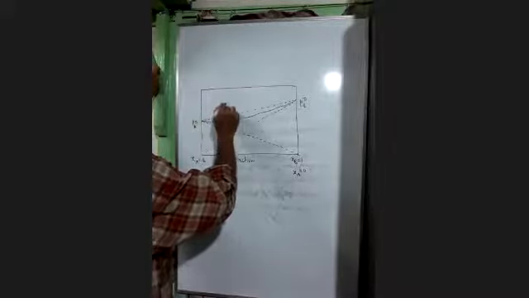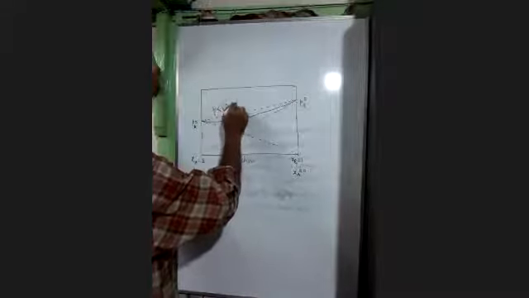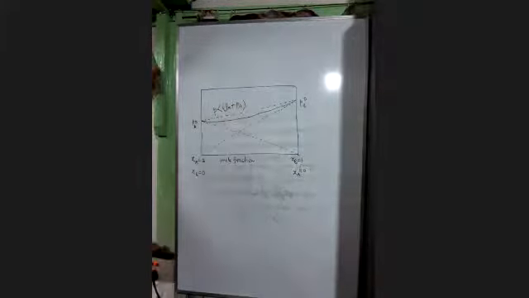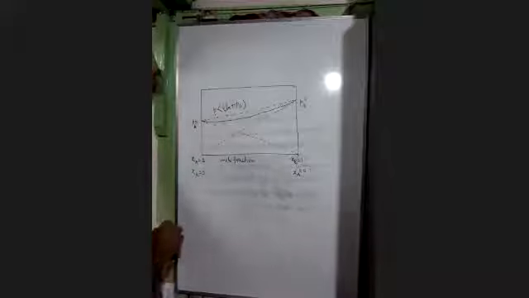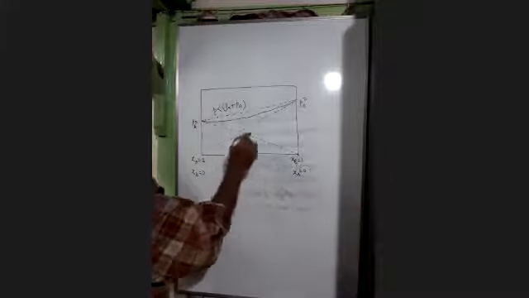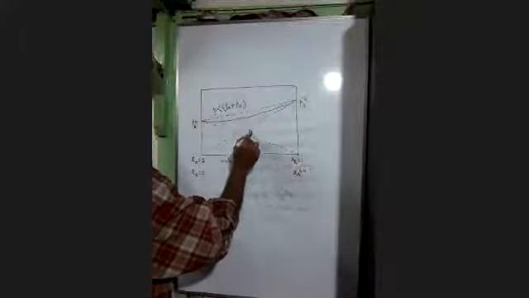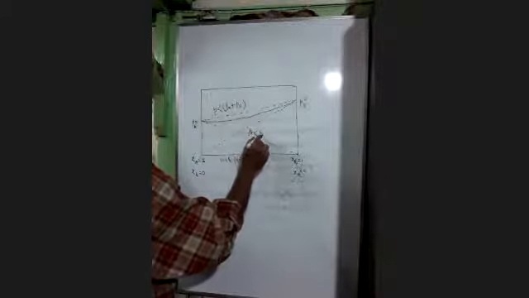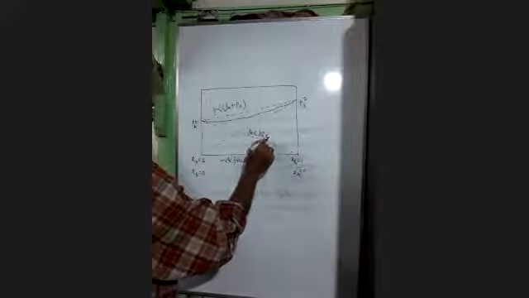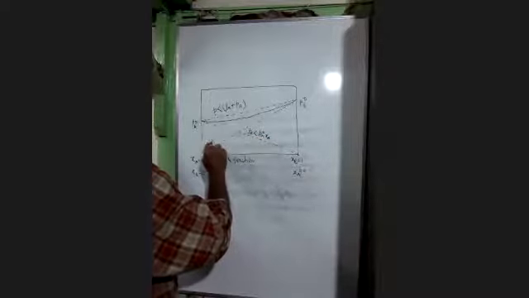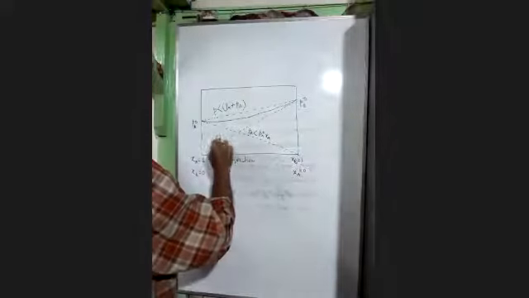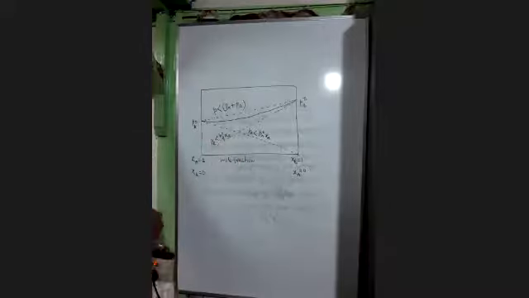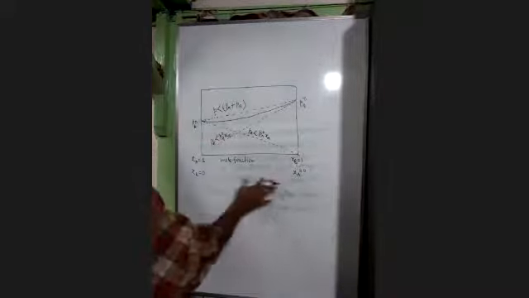PA is less than, and this is PA is less than, this is PB is less than PB0. So this is for